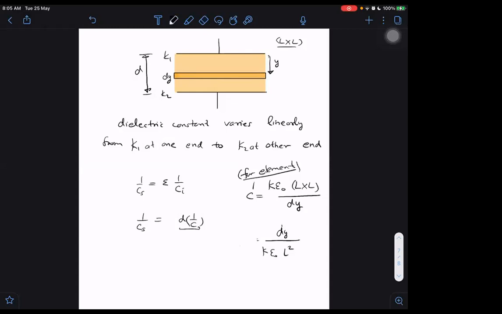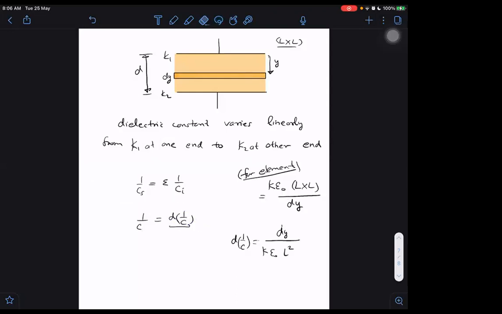Sir, it is not d1 by C. What else is it? It is d1 by C. You can say this is not C, I could have represented it as something else. Then 1 by Cs we need to write as integral d1 by C. 1 by Cs is equal to integral d1 by C. So that only, this effective Cs is that only, 1 by C is that only.